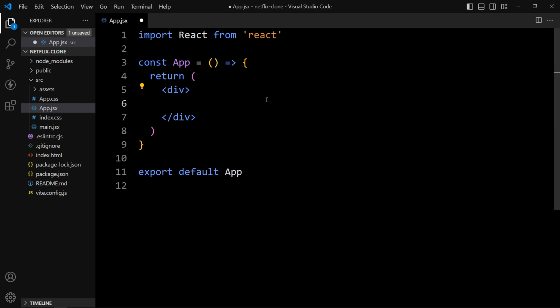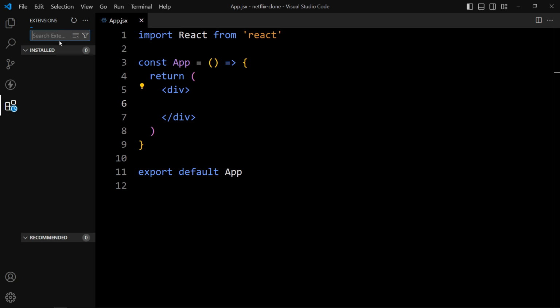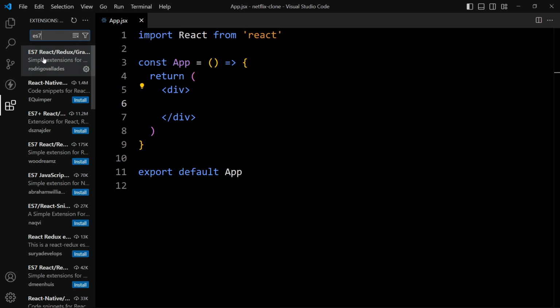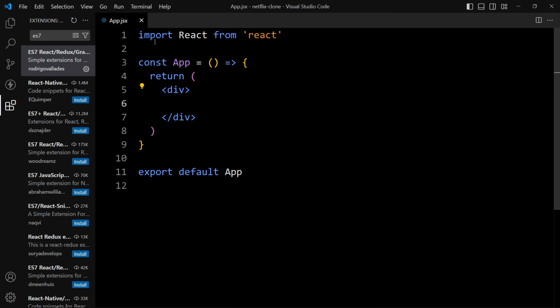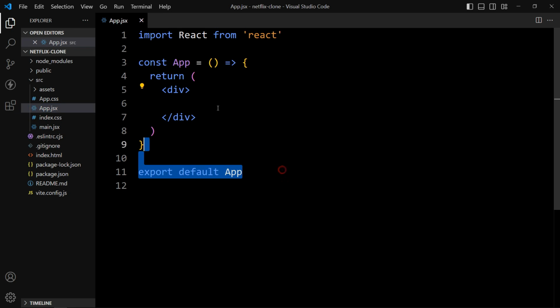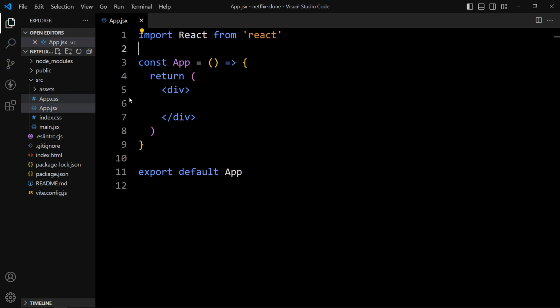If this snippet is not coming for you, then you have to install one extension, that is this ES7 React Redux. So install this extension, then you will get that snippet to create this component structure using one click. After that, we will delete this app.css file.